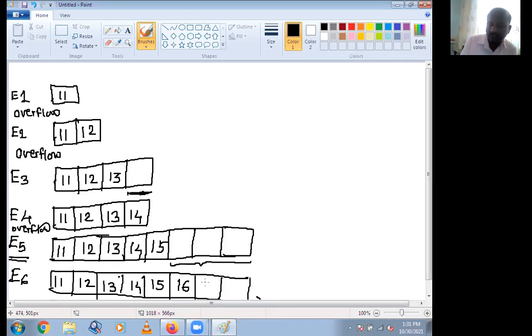I can also directly insert the seventh element, and also directly insert the eighth element. Here at the eighth, at this time, it becomes overflow. Are you getting this concept?